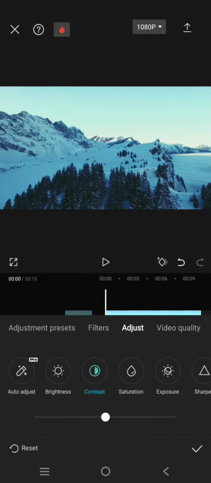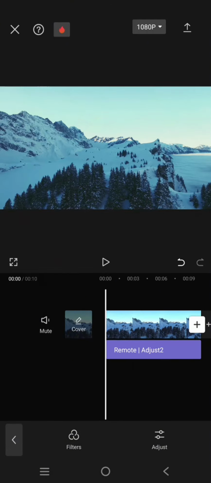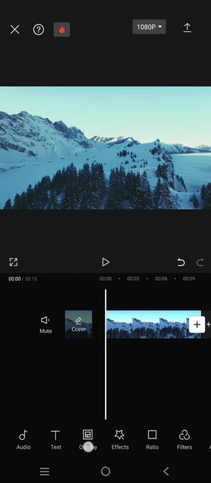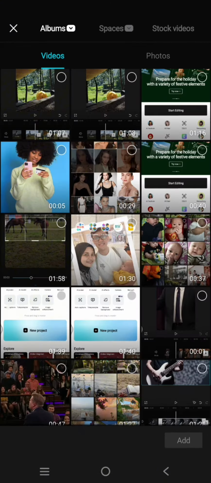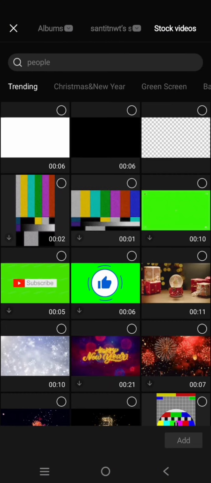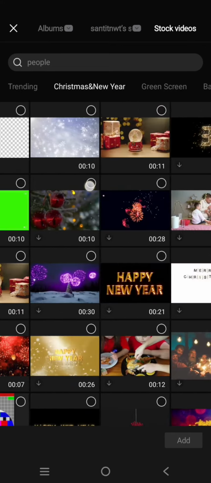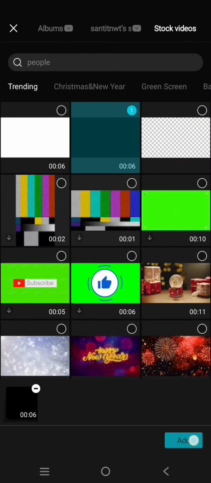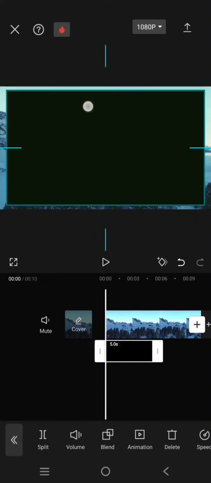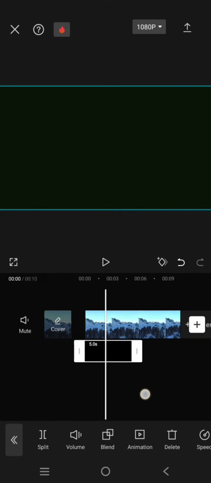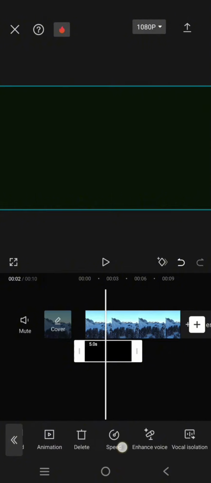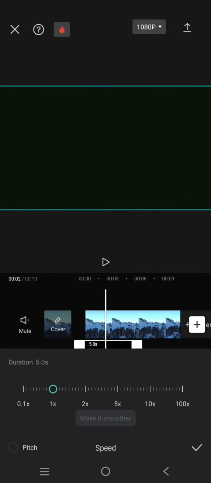Go to adjust and lower the contrast of the clip to around 20. Now click on the check icon, go back and then add overlay. So add a black overlay under the stock videos. This one. Oops, click on that overlay, click on add, cover the whole clip